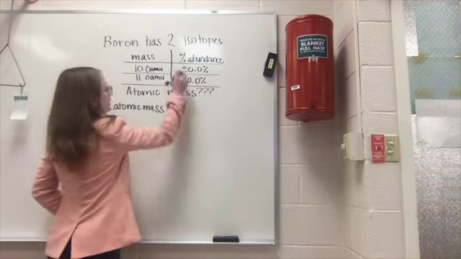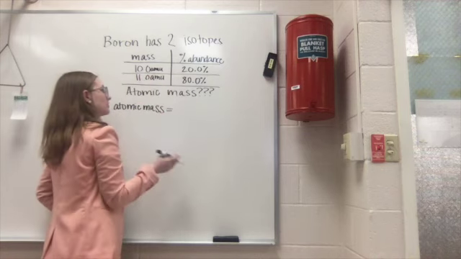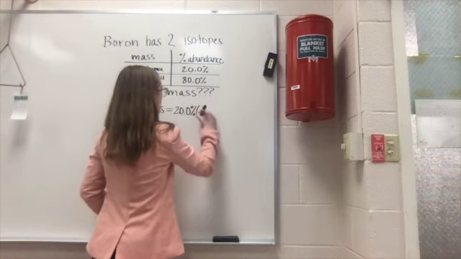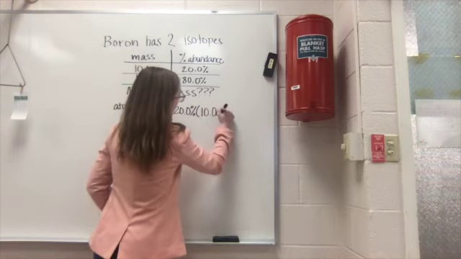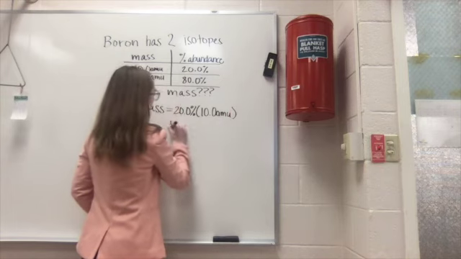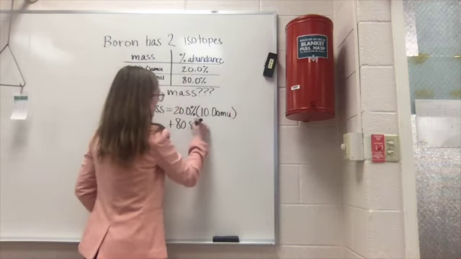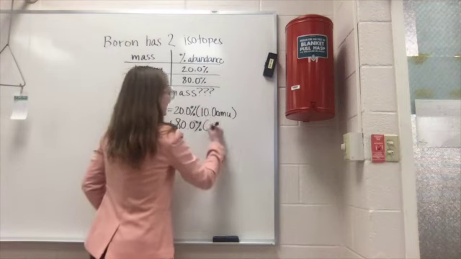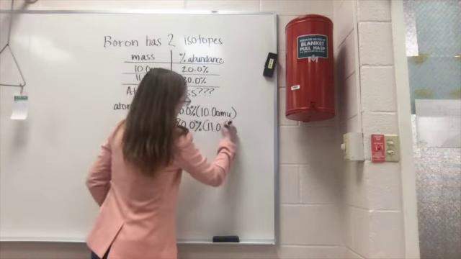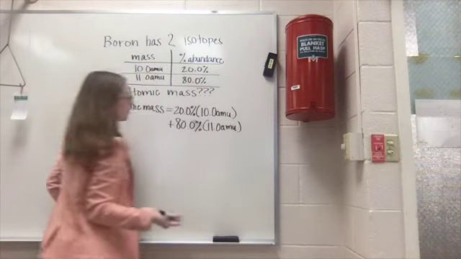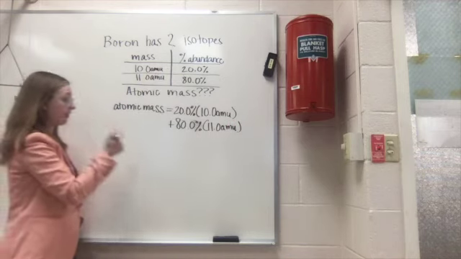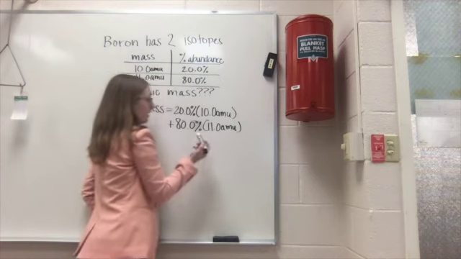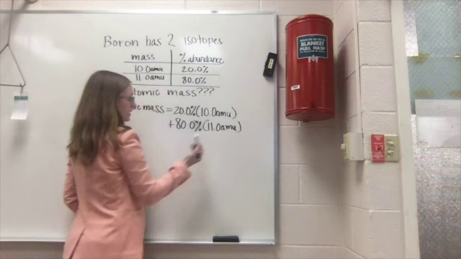So I know atomic mass is going to be each of them taking into consideration their percent abundance added together. So I might have 20.0% times 10.0 AMU plus 80.0% times 11.0 AMU. So this is the math that we've got going on. We know 20% of our atoms have that 10 AMU mass and 80% have the